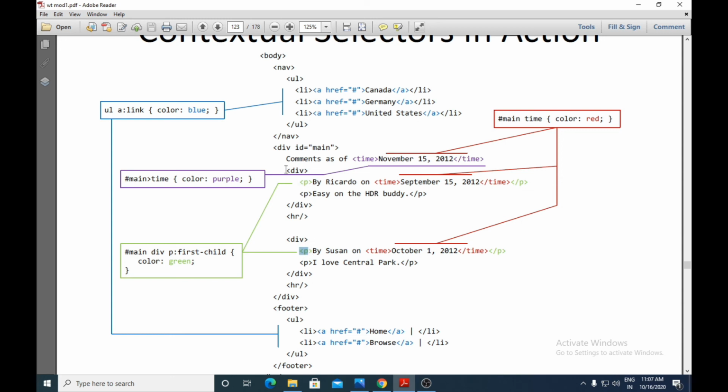These two p elements are descendants of the div element, and that too first child only. Okay, first child only, within an element which should be main. So this hash main is an id selector. This div p is a descendant selector, and this p colon first child is a pseudo selector.